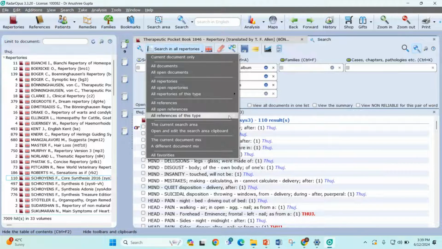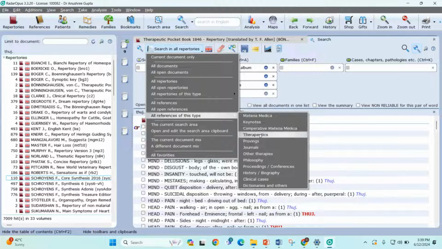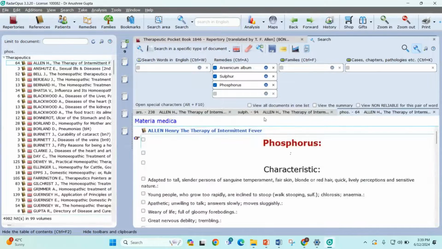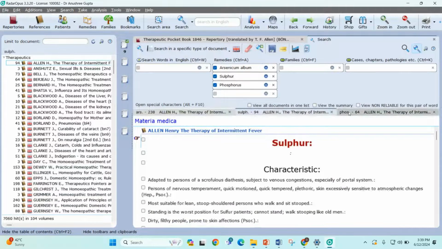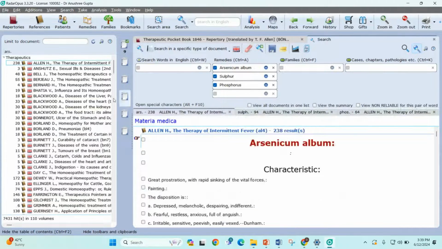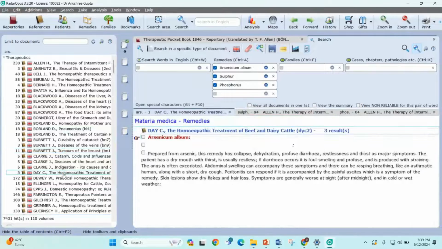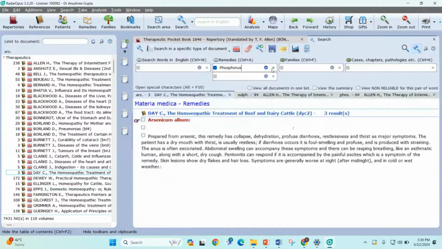So I want to read all these three from the different therapeutic books. So I'm just selecting therapeutics, and these three different tabs of three different drugs open from the different therapeutic books. You just need to click on your book and your remedy opens from that particular book. So this is how you can do your remedy comparison.